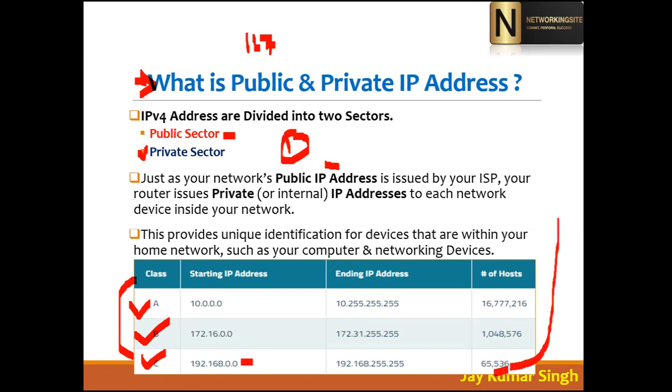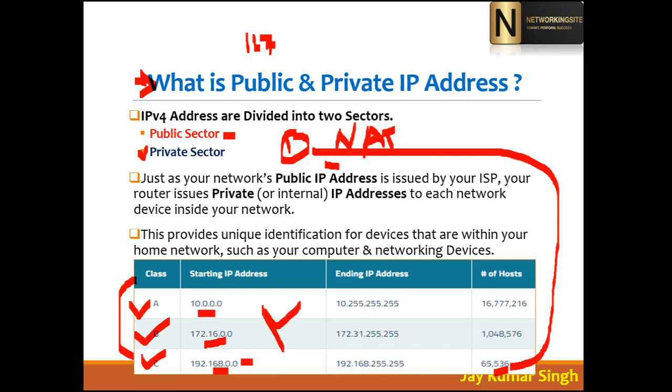If I buy one IP address, inside my LAN 65,536 users will be able to access the internet with the help of NAT. It's not automatic, NATing is there. These IP addresses, which are 10, 172.16 and 192.168, are free. When you try to buy these from the ISP or IANA, they will say no, this IP address is free. When you buy public, you can get any of these IP addresses according to your need and use.